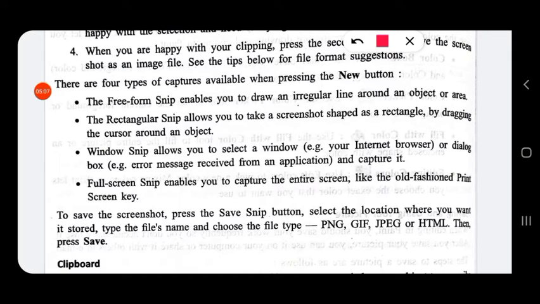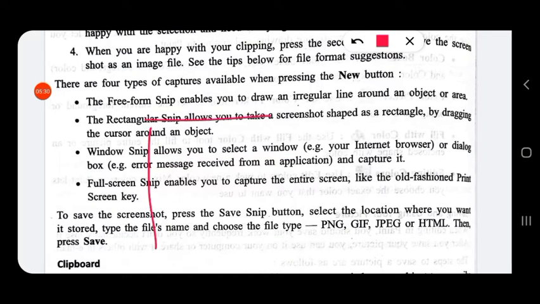The window snip allows you to select a window or a dialog box and capture it. So a particular window will be captured.